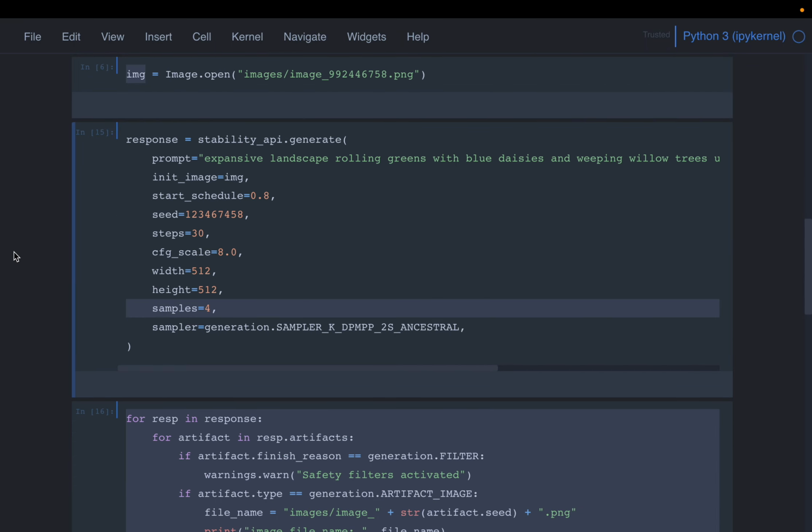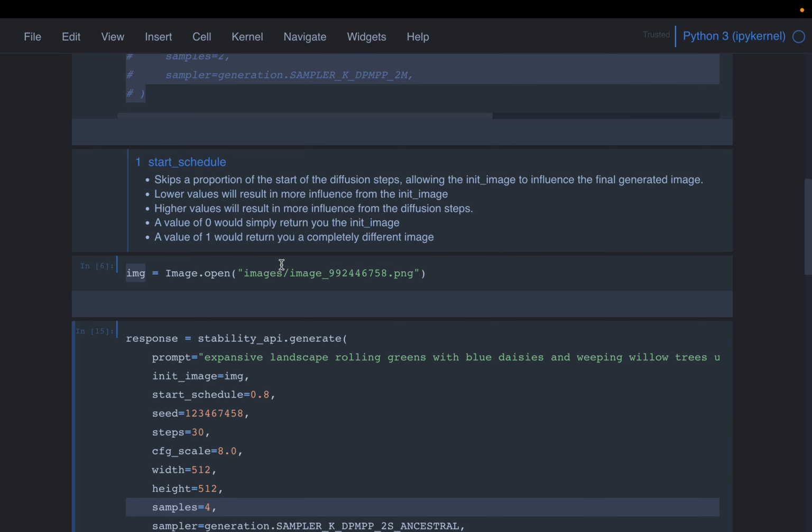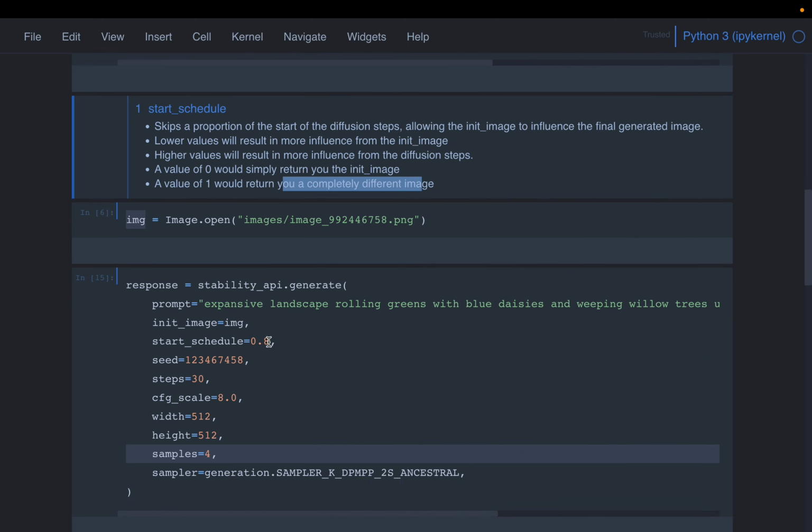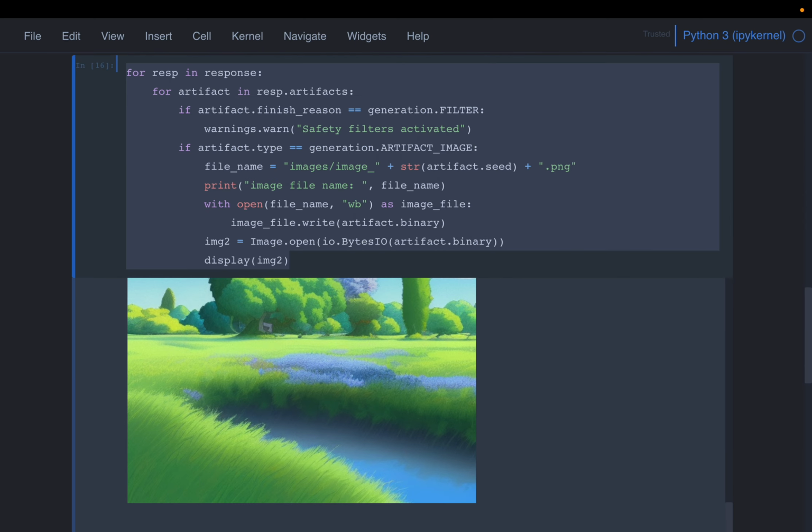Now let's play with these values, right? So here we set the value to be 0.8, meaning we applied a lot of variation, right? Now let's do one thing. Let's set a very low value, close to 0. So this means we should get the new images very close to our initial image. Okay, so let's run the code,